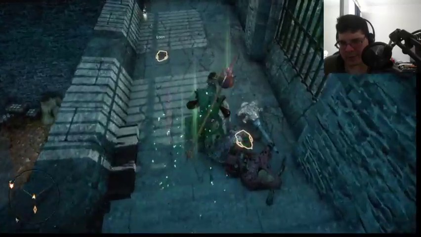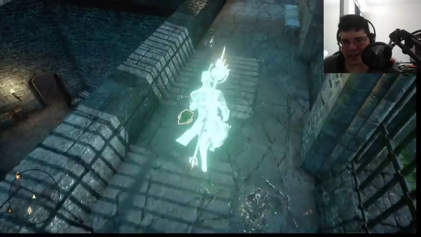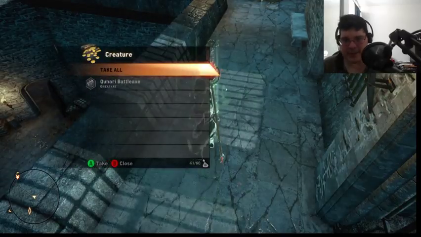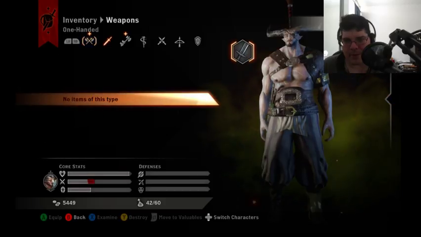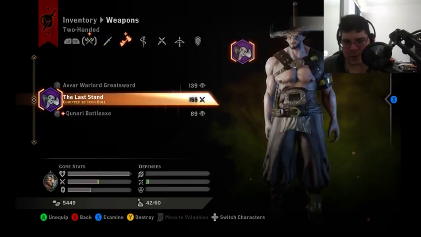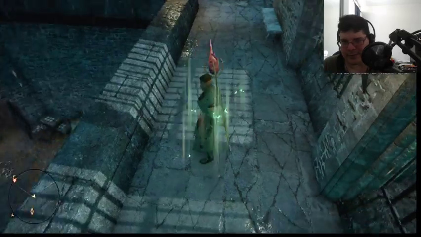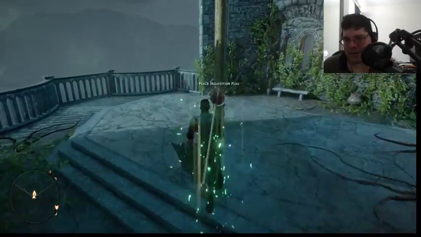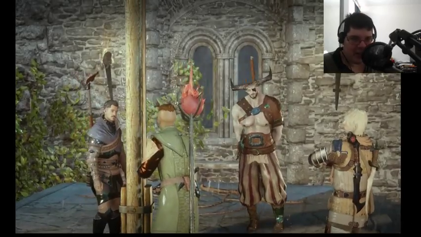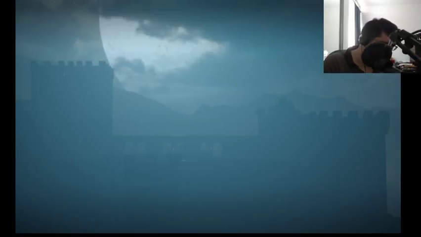Let me pick up all the loots. The Last Stand. The Last Dance. Okay, let's see. Iron Bull weapons. You got yourself a new weapon. The archers were really doing some damage to me. This is another scene that in the 360 version looks horrible. Like the flag, it doesn't have any